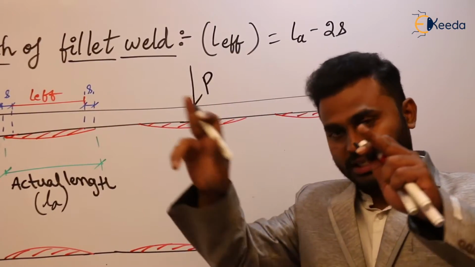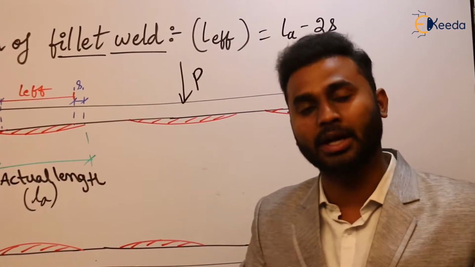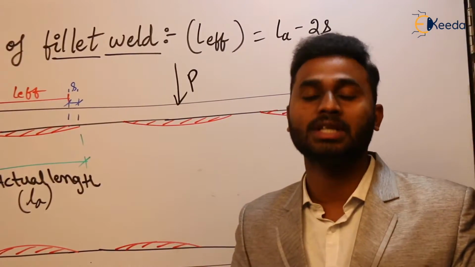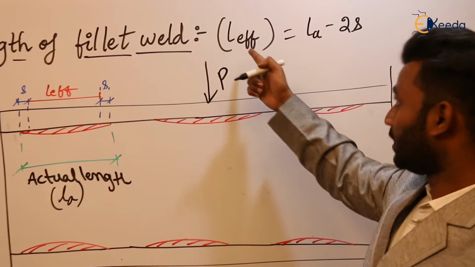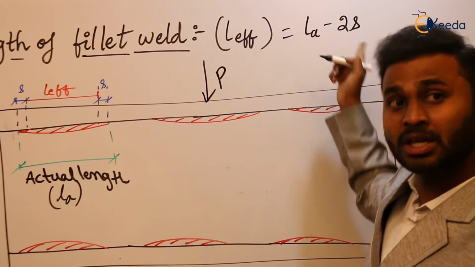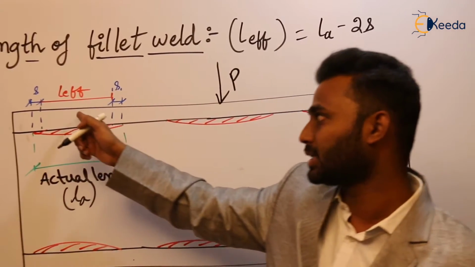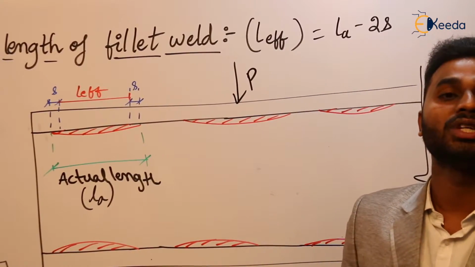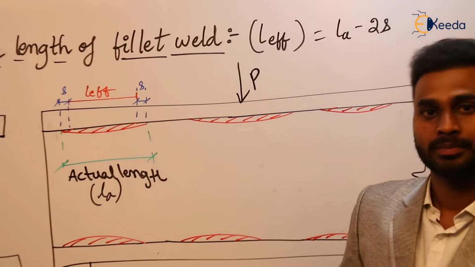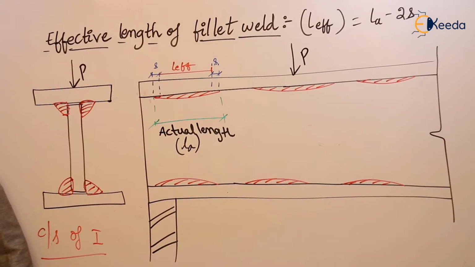In the design we are going to supply the drawing, or draw the drawing. The length that we see in that drawing is known as L effective. So L effective is nothing but L actual minus 2S. Two times we have to deduct the size. So this is the provision regarding effective length. Clear? Take it down.